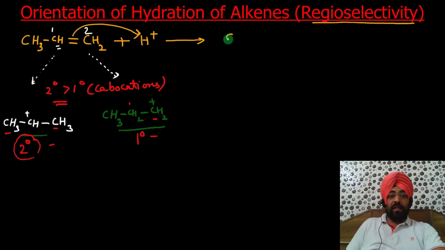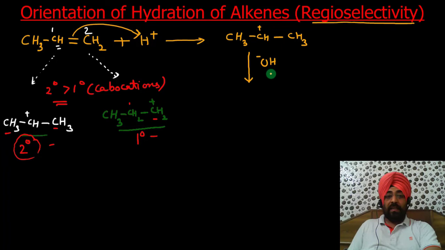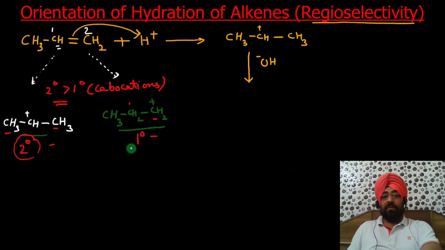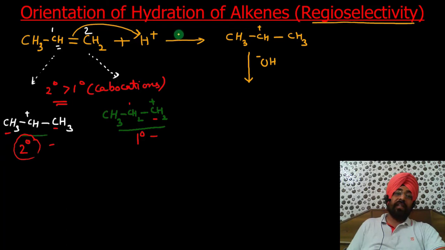So you get CH3, CH positive, CH3. Now the second step is, you all know, addition of its second counter ion OH negative. The reaction does not take place the way I am writing. The mechanism is this: first H3O positive, then water, then elimination of this proton. Here I am just writing to explain, considering water as H positive and OH negative, first addition of H positive. There were two possibilities, but this is the stable product. So we have written this.